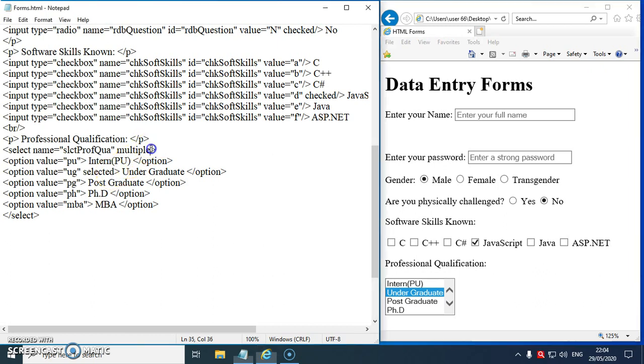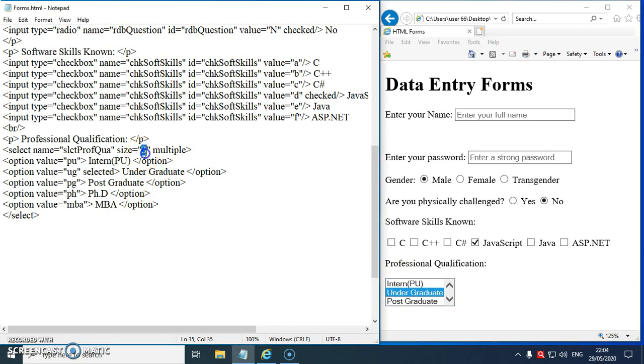Now the last attribute inside the select tag called size. Size is used to define what should be by default the size of your drop down box or your list box. So if I say size is equal to 3, control S and reload the page, you can see by default 3 options or 3 items will be displayed in the list box.